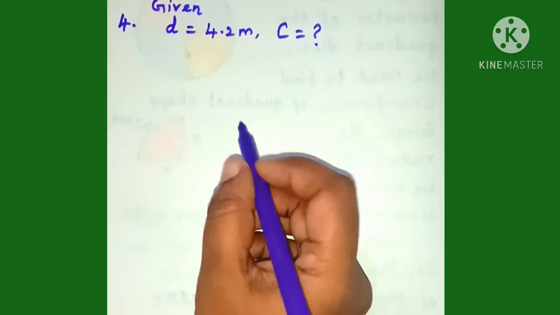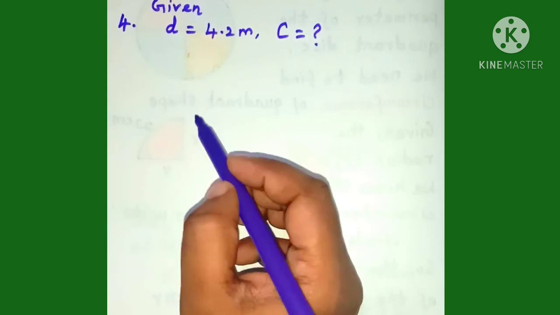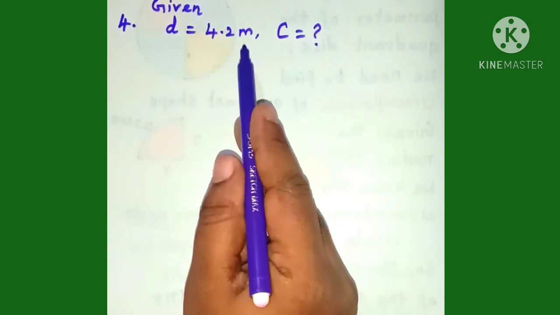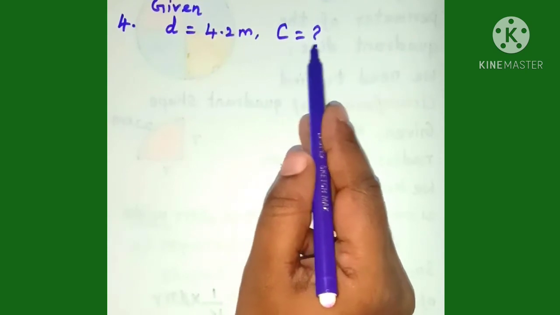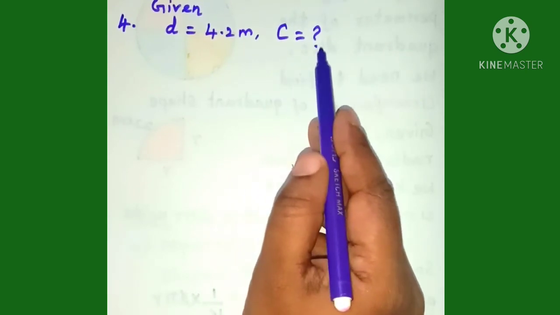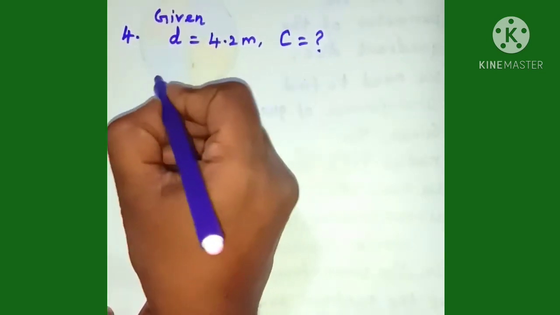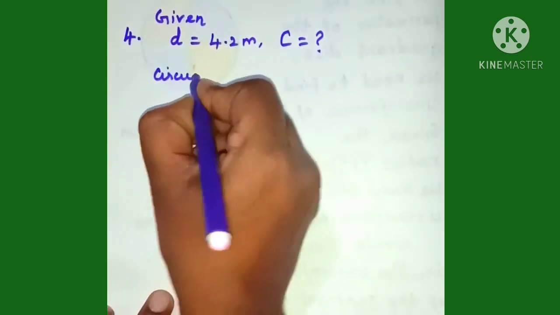Friends, fourth problem. The diameter of a circular well is 4.2 meter. That is, D is given 4.2 meter. And what is its circumference? So here we have to find the circumference. So we know that circumference